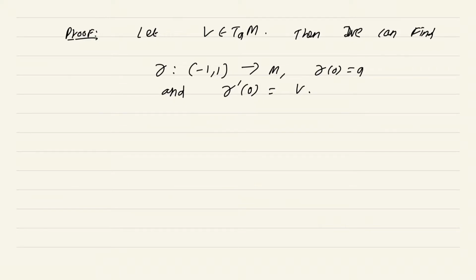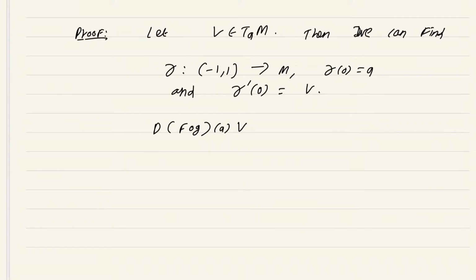So for any tangent vector V, you can always find a curve whose velocity vector at 0 is exactly this vector. So this was one of the exercises that I've given before. If you have not solved it yet, it will deepen your understanding of the tangent space. Now the second exercise that I'm going to use is the fact that these velocity vectors behave well under the derivative map. More precisely, if I push forward this velocity vector, that is if I push forward V